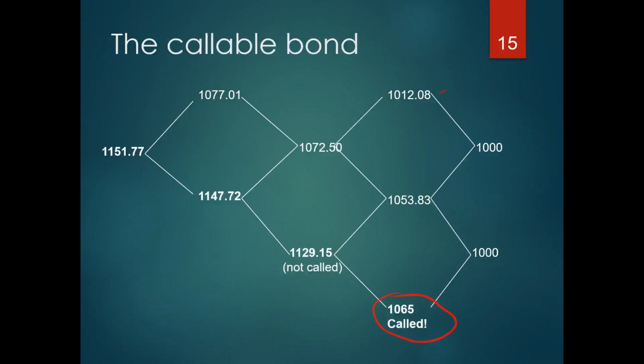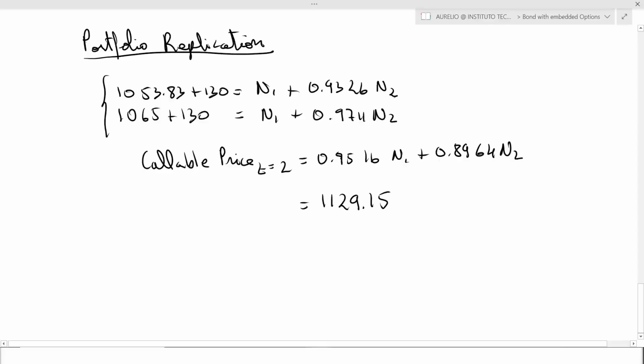Now, since these two prices didn't change, this price is not going to change. Now, this price is going to change. So let's see how we get this price. We get it by synthetic replication. So let's do synthetic replication with the 1053.83 and the 1065. Now, one little trick you need to remember here is that you need to add the coupon because those are